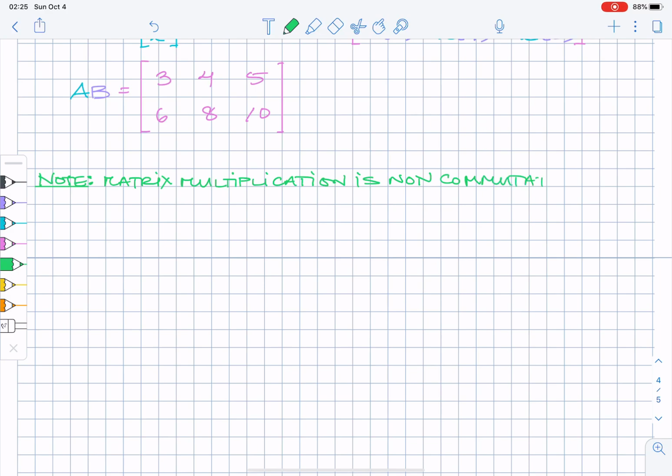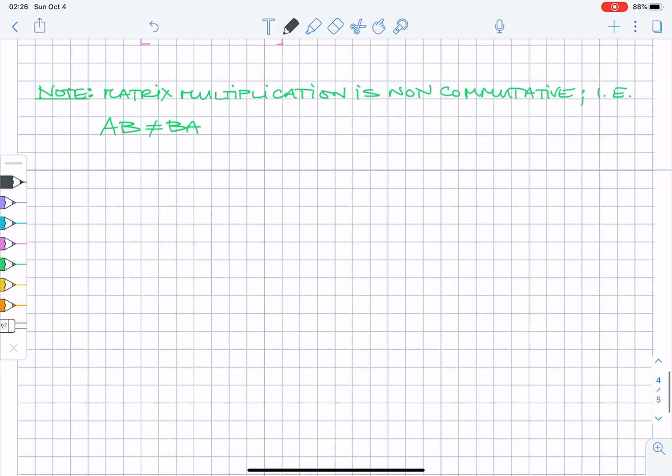That is, matrix AB is not equal to BA. It's certainly the case that BA might not even exist, let alone be the same. So for example,